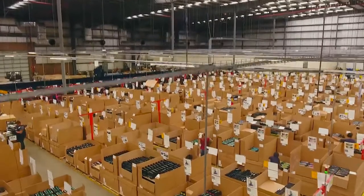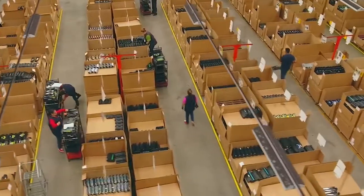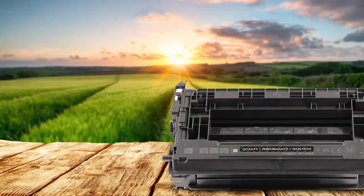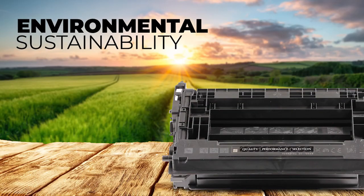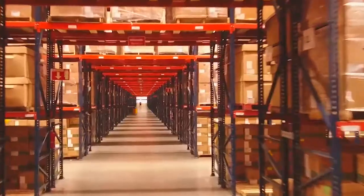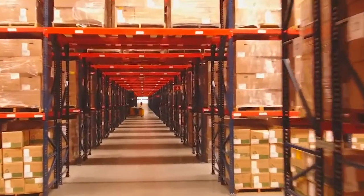As the largest empties collector in the world, Clover Imaging Group has the best access to the widest range of high-quality cores. Environmental sustainability is one of CIG's core values. We diligently work to reduce waste and conserve natural resources to increase the environmental sustainability of our business and the